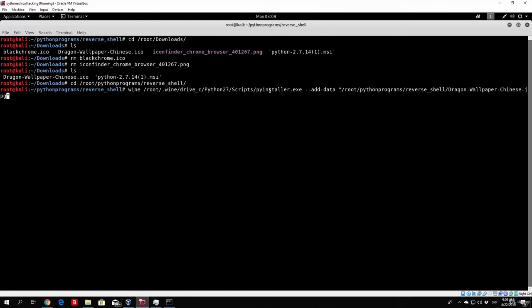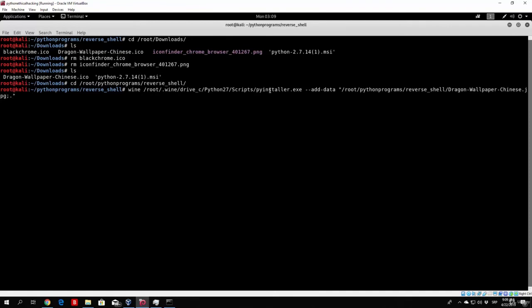Now also make sure that at the end, before closing the double quotes, at the end of the actual path, add the dot and the comma, and then add the comma, and then add the dot at the end. So this specifies that we only use this file right here. So once again, --add-data, open double quotes, path specified, then dot comma, and then dot, and